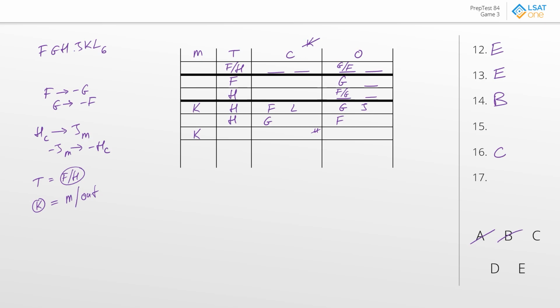Let's take a look at what we have. We have C, D, and E remaining. Answer choice C, H. Now, if H was out, would that resolve the game? Well, if we look at our exhaustive sets, we know that if H is out, that would certainly force us into the top scenario here because in this scenario, H is definitely in.